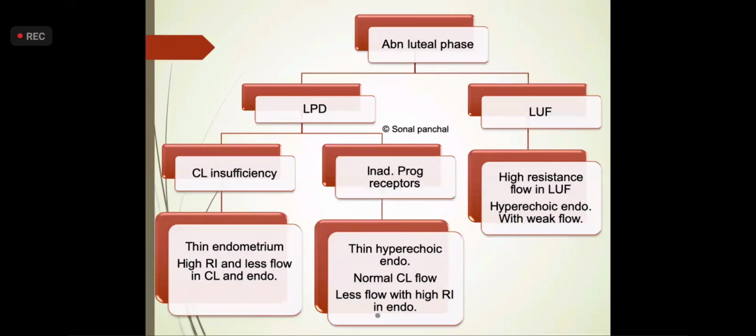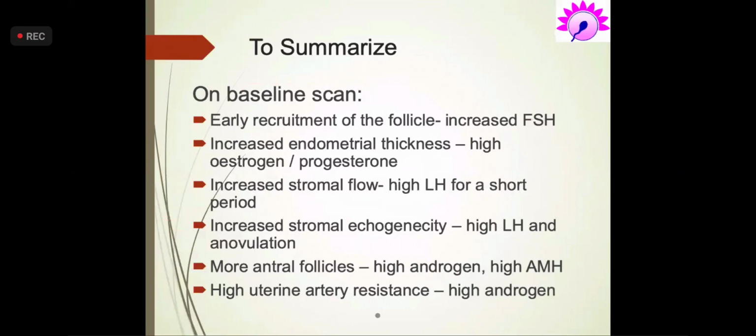So the abnormal luteal phase, to summarize, it's like LPD or LUF. LUF: high resistance flow in the luteinized follicles with hyperechoic outer margin, hyperechoic endometrium, but it's thin and has weak flow. LPD, which may be because of CL insufficiency or because of inadequate progesterone receptors. CL insufficiency: thin endometrium, high resistance corpus luteal and endometrial flow. Inadequate progesterone receptors: normal corpus luteal flows, but high resistance flows in the endometrium along with thin endometrium. So to summarize,